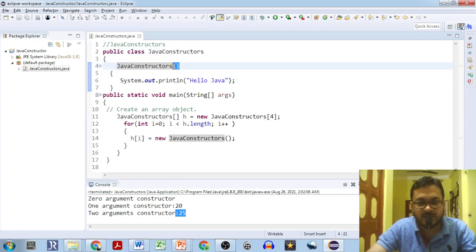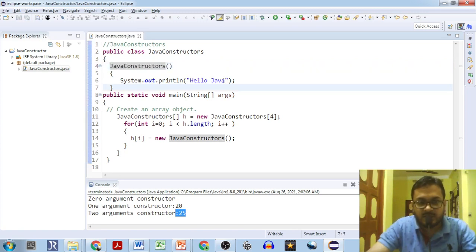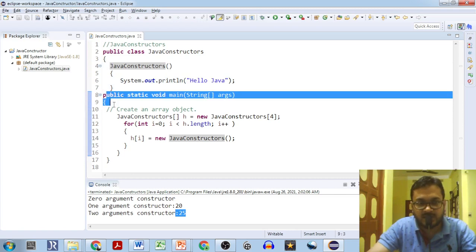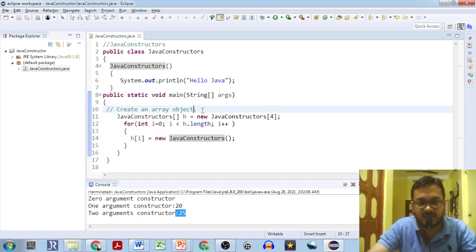So Java constructor is the name of the class. The name of the class, opening bracket, zero parameterized constructor, there is no return type. So it's a zero parameterized constructor. Correct? If there is a return type, then it becomes a method. If the zero parameterized constructor is called, we are printing on the output screen what? Hello Java. So the program starts from here. Java public static void main is over here. The program will start executing from line number 8, line number 9, and come to line number 10, 11.